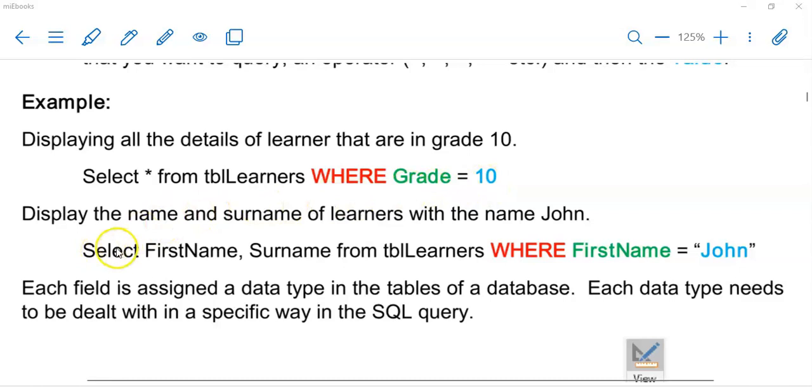Here's another example. Here I'm displaying only some of the fields from this table, but in this instance I'm looking for John, so all instances of John. So there is my where. My field name is first name in my database, and I'm saying equals to John, but you'll note there's little